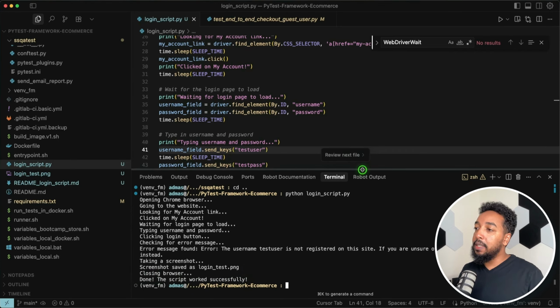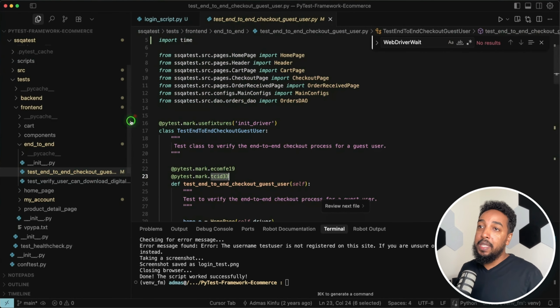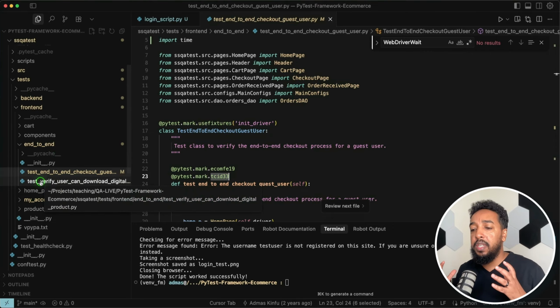But this is just one script by itself. When you're building a framework, you have hundreds of scripts, hundreds of tests. So you're going to use a framework that makes things a little bit easier. Let's look at another example that is part of a framework. So you're going to learn how to organize files. A framework is nothing but an organized set of files, a bunch of files working together, right? It makes things easier so you don't repeat yourself.